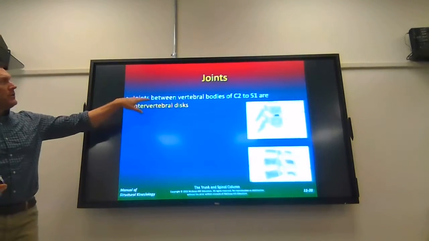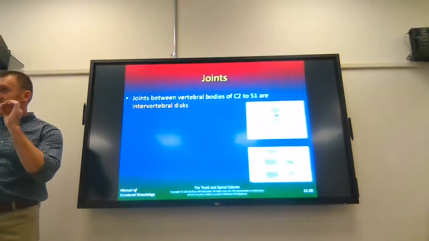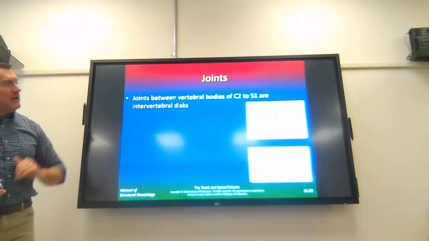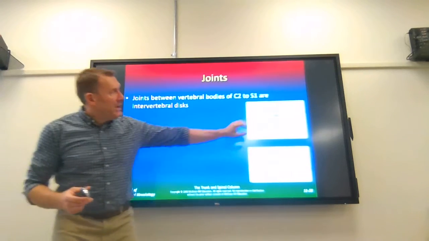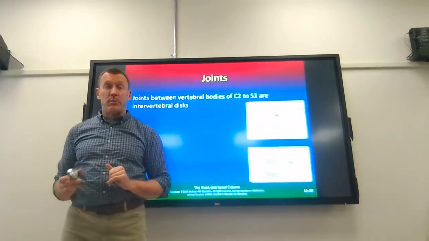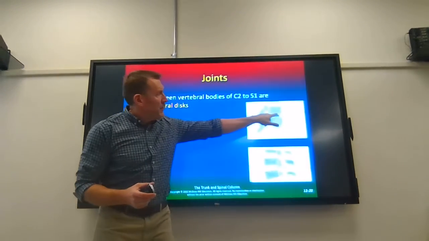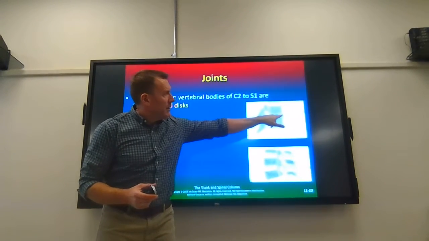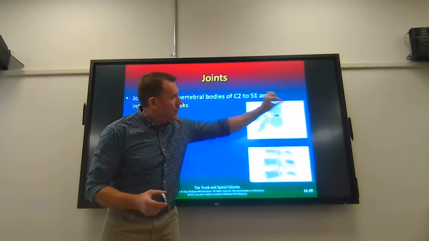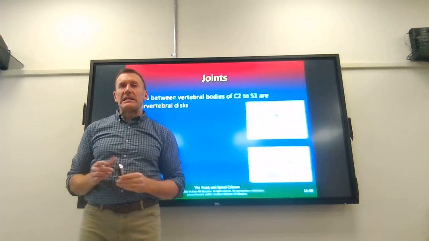Okay, so joints between the vertebral bodies, C2 to S1. So you not only have the facets on each side, but you also have these discs between the bodies of the vertebrae. These discs have 2 parts. You can see that each disc has this fibrous outer part called the annulus fibrosus, and then this inner part called the nucleus pulposus. The nucleus pulposus has a